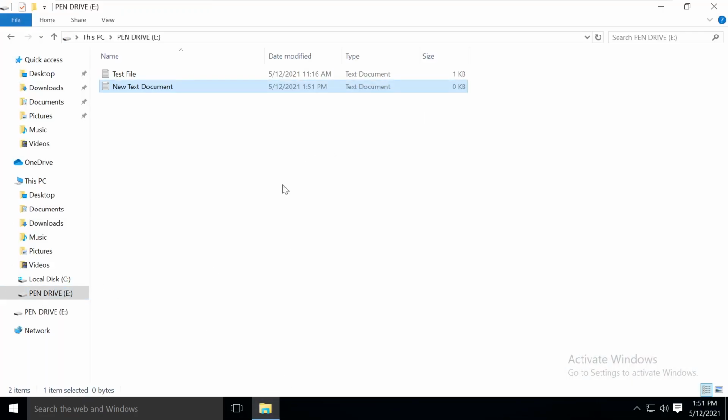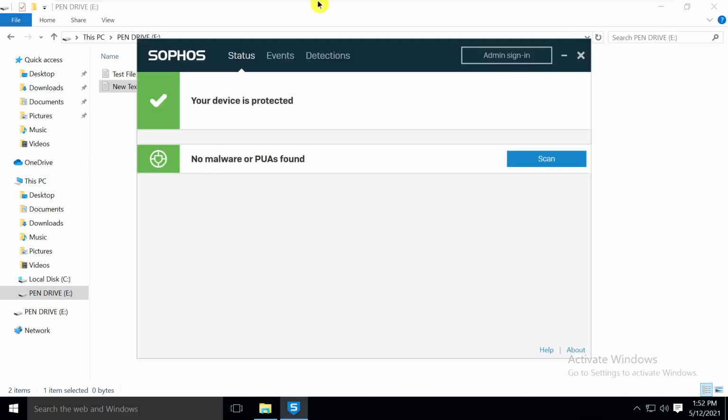That means read write operations are working here. That is the thing you need to consider. So we can apply these user based policies to control devices using this Sophos Central endpoint protection.